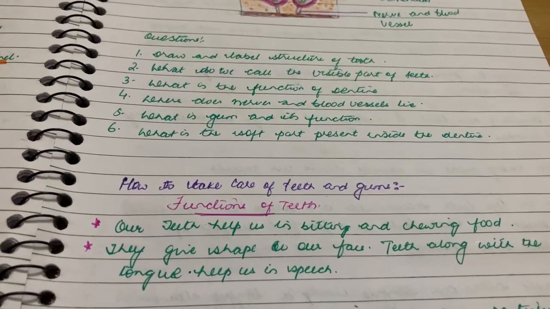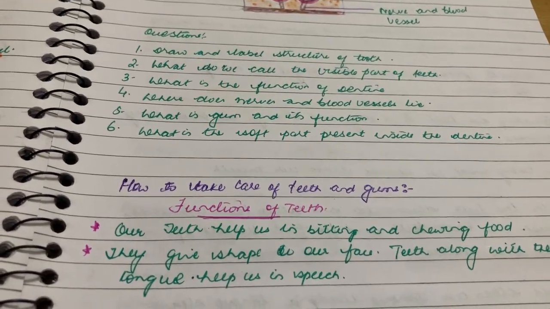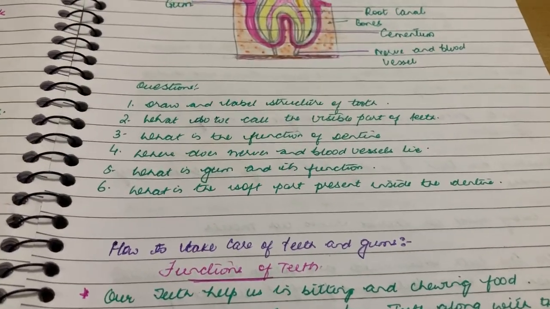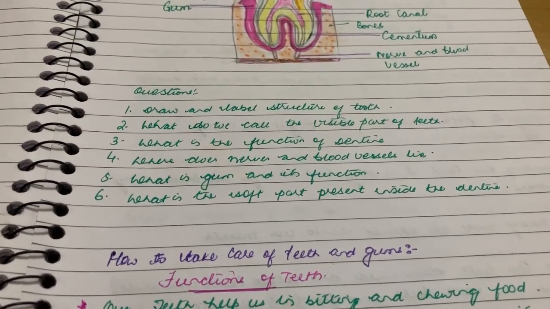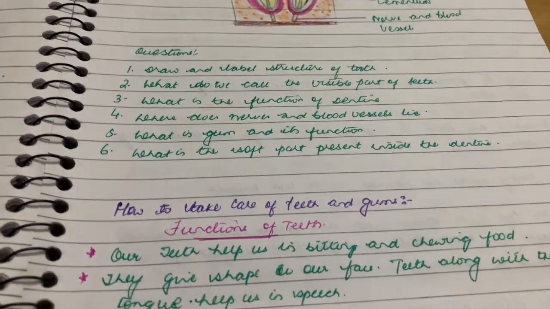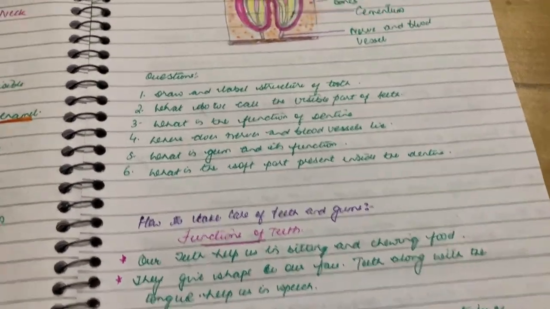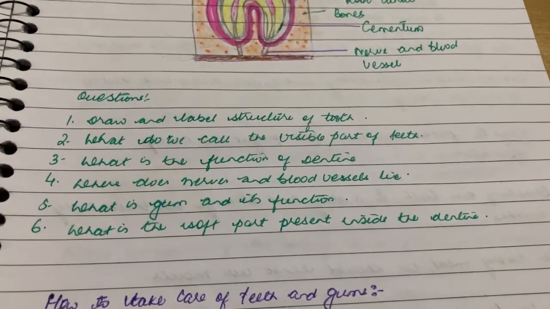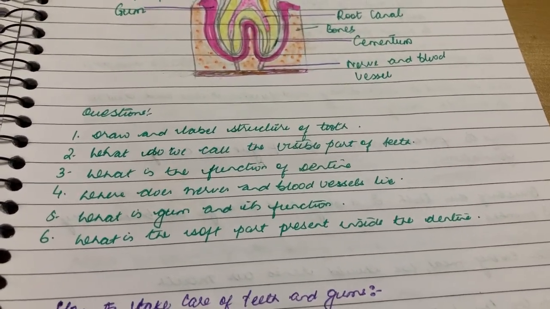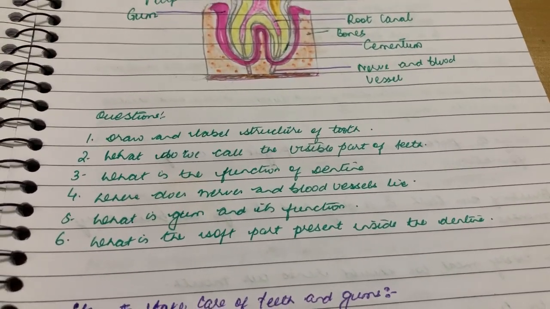So what are the functions of our teeth? Our teeth help us in biting and chewing the food. Then what else? They give shape to our face. Teeth along with the tongue help in speech. We have discussed this in the initial part of the video also. And then what does gum do? Gum holds the teeth in their